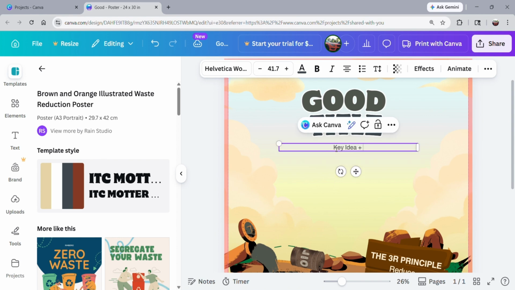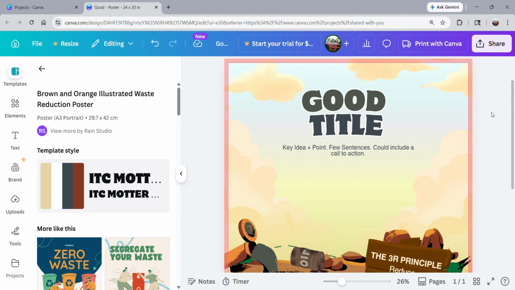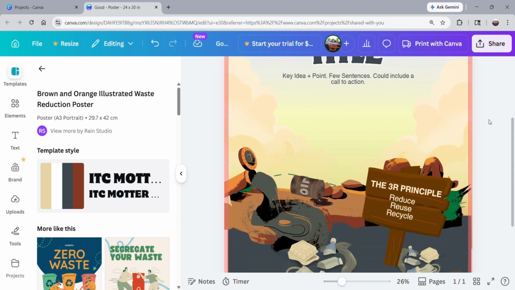Next, after you've cleaned up your poster, it is a great idea to have some key ideas and points underneath your title in just a few supporting sentences. If you're doing a climate change poster, a few of these sentences could include a call to action as well. Taking the time to make these few sentences very impactful will help to elevate the impact level of the poster